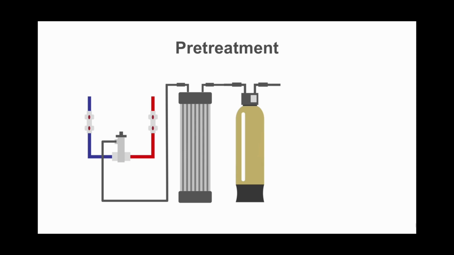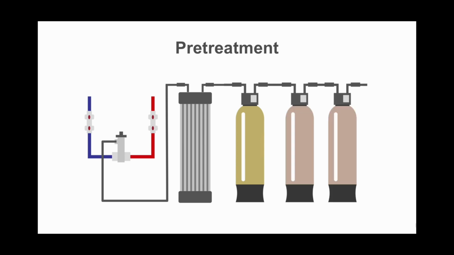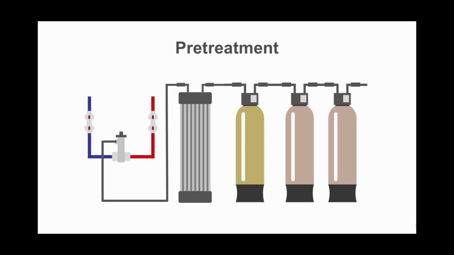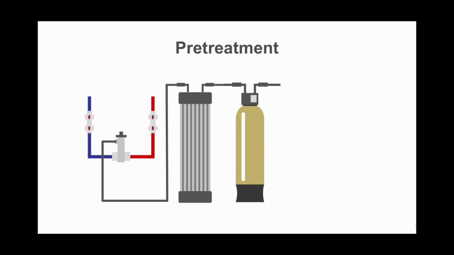Then it goes to the softener. Now the function of the softener is to remove calcium and magnesium. I'll say in detail later. Then it goes to your activated carbon. There are two of these activated carbon filters. So coming to the pre-treatment part, as I told you, first there is a pre-filter,